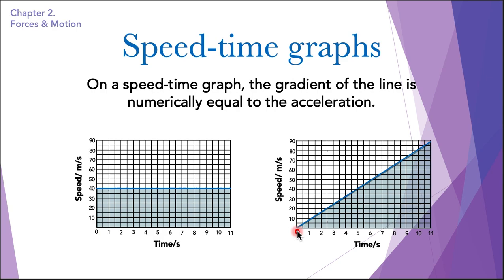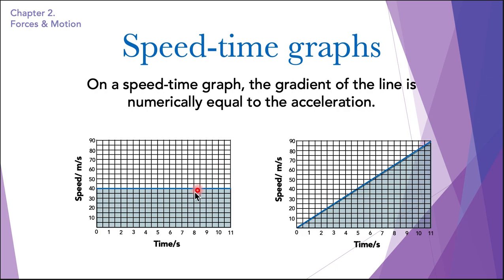In distance time graphs, this kind of graph, which is a straight line, was explaining constant speed. But in speed time graphs, this explains a uniform acceleration. And it can also show a uniform deceleration if the graph starts from here and ends here as a straight line. But if a speed time graph is curved, then the acceleration is not constant. It is not a uniform acceleration. So a curved speed time graph would be a non-uniform acceleration or deceleration.